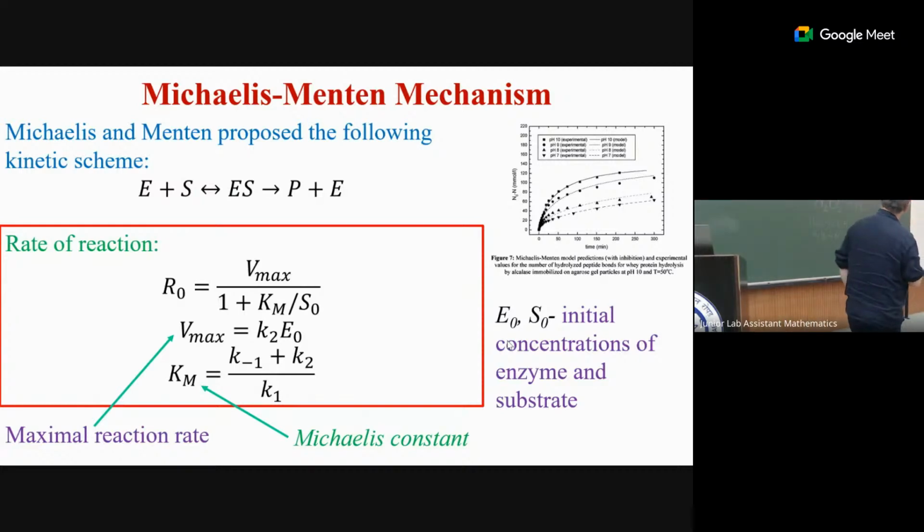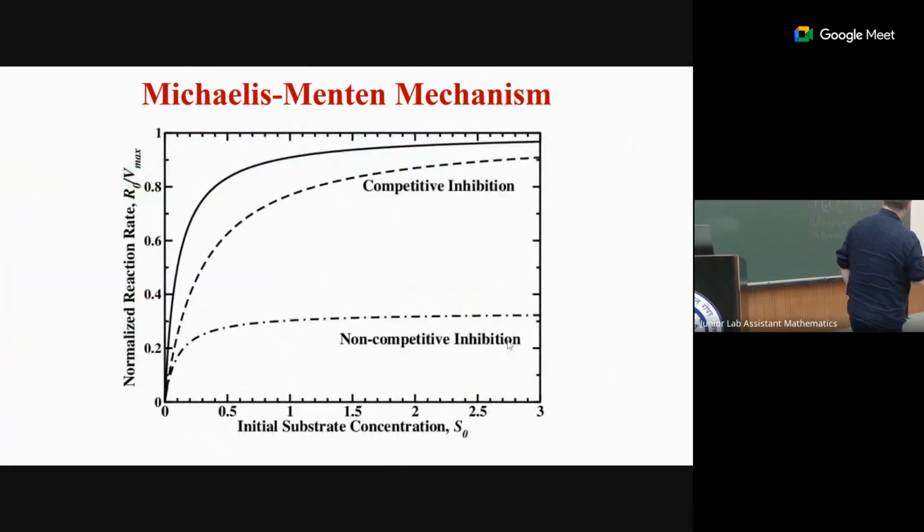Because, as I mentioned, let's go to this graph. If you are in a regime where substrate is very little, it's really linear. Concentration of substrate is linear. But in another situation, the concentration of substrate is not small, and then you have to take the whole thing into account. So probably they have additional information which allows them to say it was just linear or a little bit more complicated. So Michaelis-Menten is nothing else but an assumption that there is one intermediate state before you make the product. That's it.